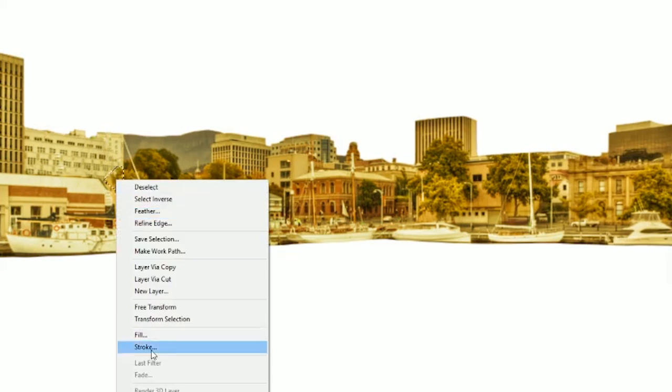Now, there are several ways you can remove elements of your images and details. One is to use the content aware fill, and this can be done by selecting the area you want to remove and then right clicking and selecting fill, as if you wanted to fill it with a blank color or something, but instead in the fill options select content aware from the drop down menu, which is just below foreground and background color. Another similar way to replace or remove areas of your image is to use the spot healing brush tool, and that's where you paint over certain details that you want removed, and Photoshop will do its best